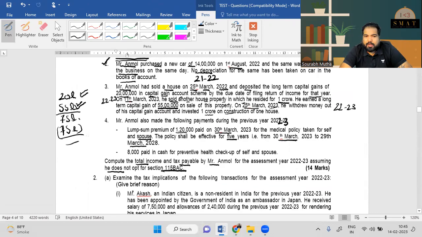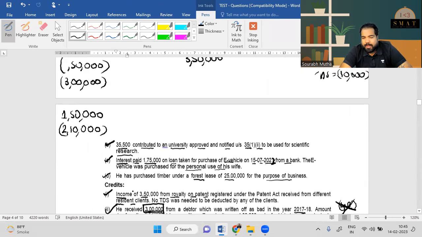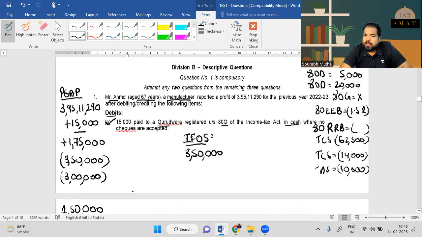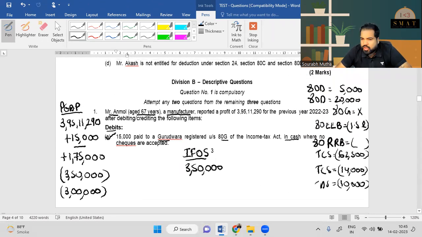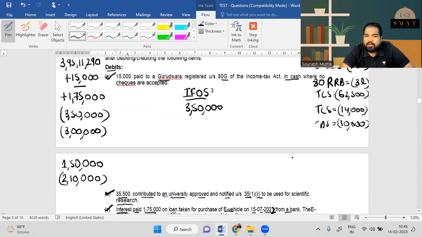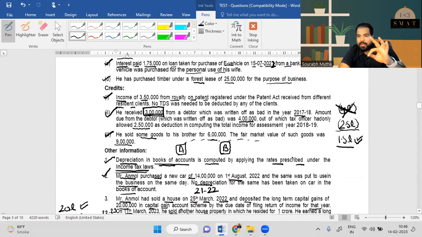Perfect. Compute the total income. So you will add these amounts, minus these amounts, get the PGBP head, IFOS head you will get. You will get GTI. From GTI, you will get these 2 deductions. This will be a working note. This deduction you will get under 80RRB. You can get a maximum of 3 lakh rupees. There's nothing like in India or outside India. You get a maximum of 3 lakh rupees. This is the TCS. And on the final amount, you will calculate tax: up to 3 lakh rupees 0,